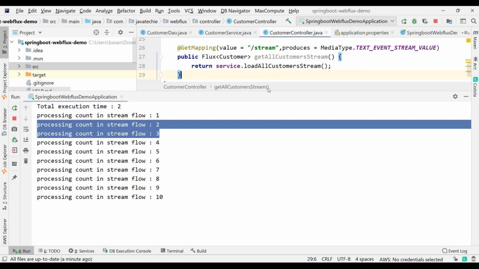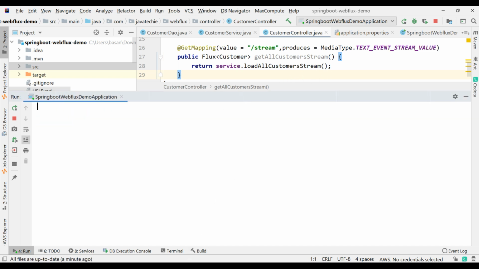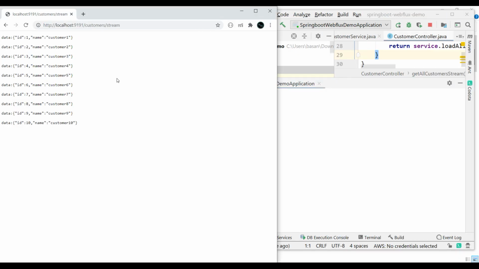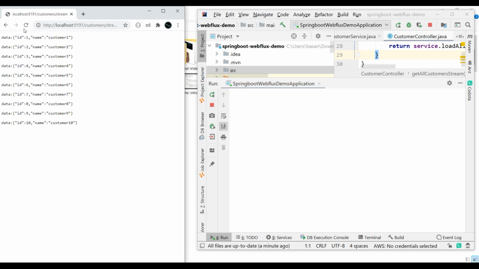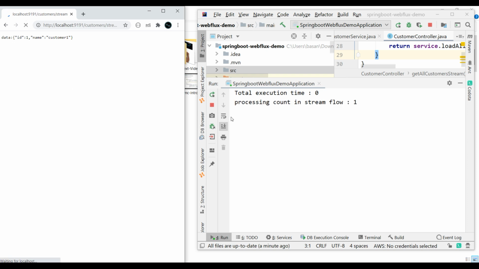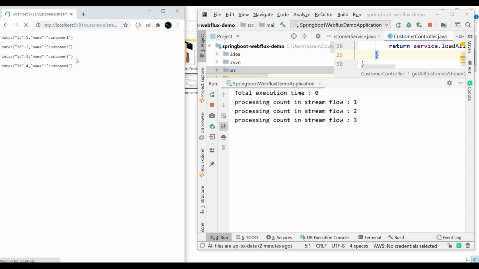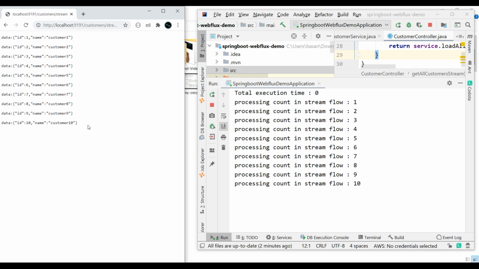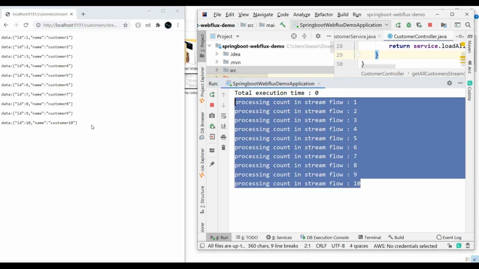But here we just hard coded the value. In the upcoming series, I'll show you using the MongoDB reactive database. Okay, so let's retry it again. It will be more visible for you. Let me minimize this. I'll just trigger it again. If you see the count, you are getting the response here immediately. It's not blocking anywhere. Fine. It completed 10 and we are getting the response back.